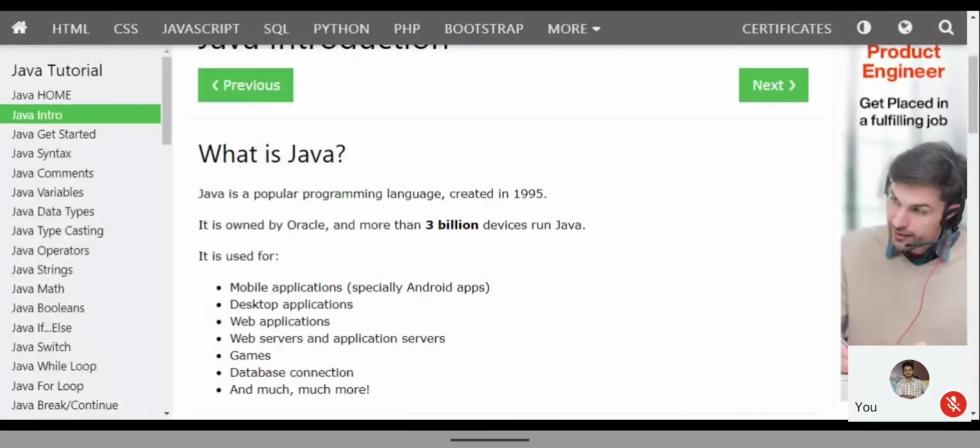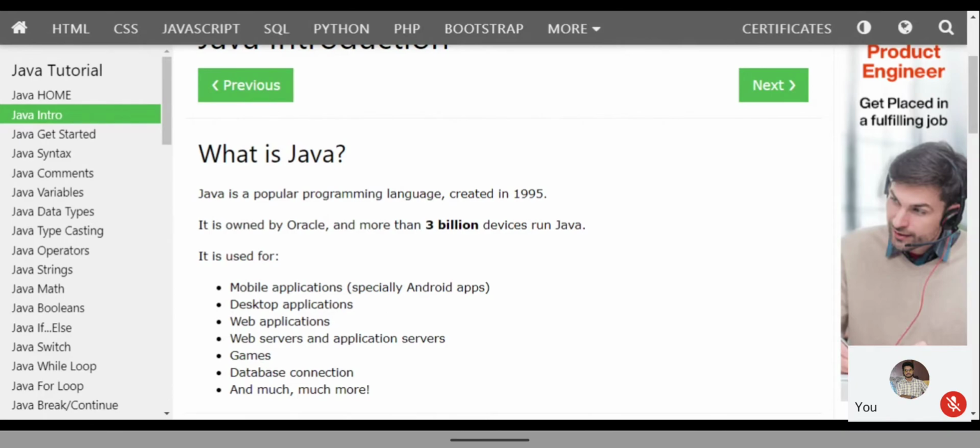Okay, and more than 3 billion devices run Java. More than 3 billion devices, because previously in 1995, even though we had a lot of programming languages, Java was the successful one. So most of the people, like at the time we had iPods or else normal Nokia phones, these all are the things based on the Java programming only. So that's why till now there are a lot of devices based on Java.